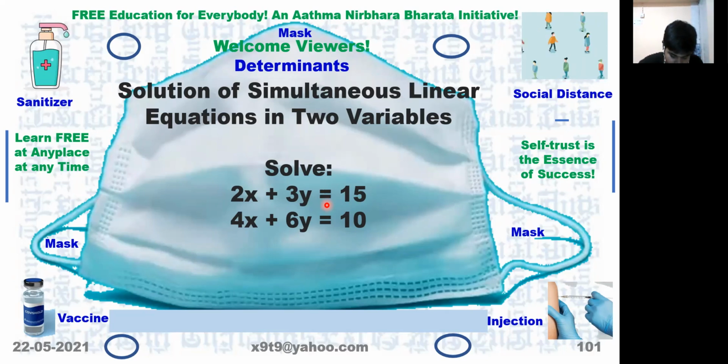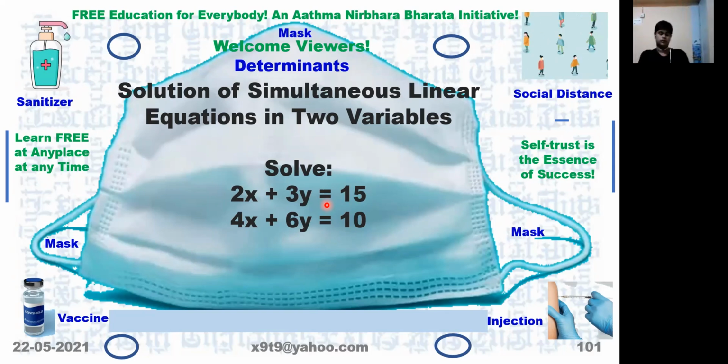So here solution means what we are finding is the coordinates, x value and y value, where the two lines intersect. At the point of intersection, we are finding the xy coordinates. So if delta is 0 and delta x, delta y are not zeros, then the given lines are parallel, and we say there is no solution for this problem.